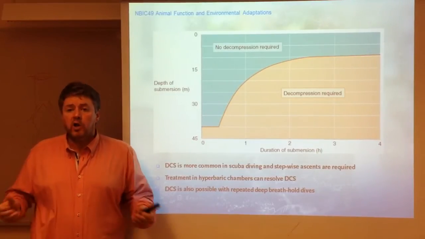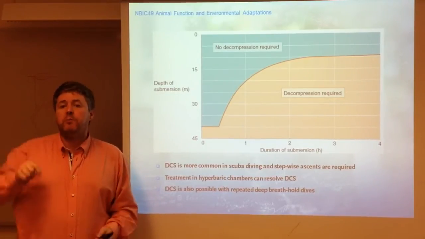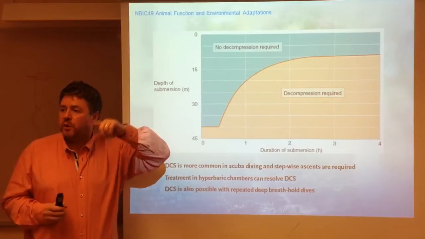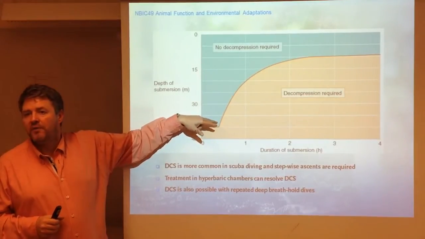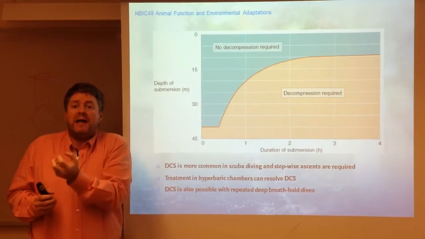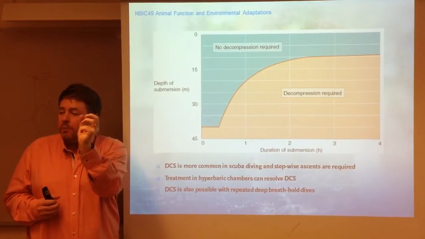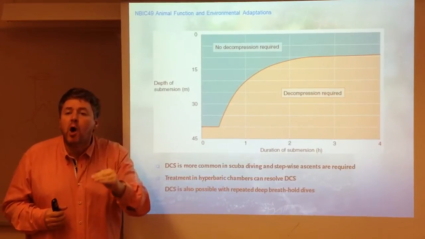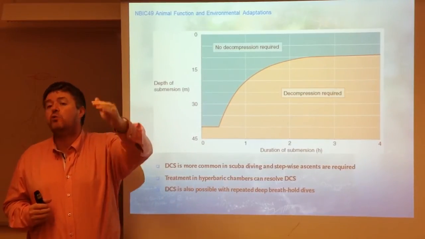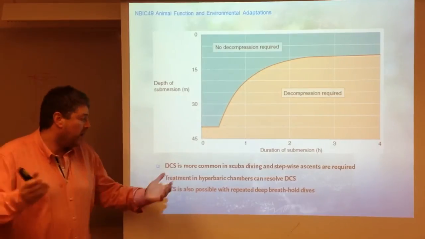Hyperbaric chamber, you are put in a dry chamber, but this chamber is pressurized. And the pressurization of the chamber equalizes your pressure at depth. Therefore, when you are put back into pressure, these small bubbles disappear. And then the pressure in the hyperbaric chamber is slowly changed until you reach atmospheric pressure. That's one potential solution.